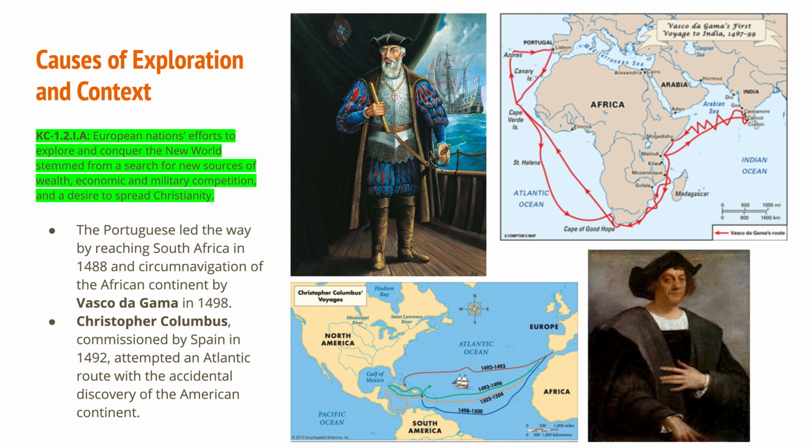Well, it turned out that there was another set of continents in between Europe and Asia. So he ended up reaching the Bahamas. And he made 3 separate trips after his initial trip. And each single time that he kept going back, he was under the impression that he had reached the East Indies. So that's the area of Southeast Asia. That's what they used to call the East Indies.